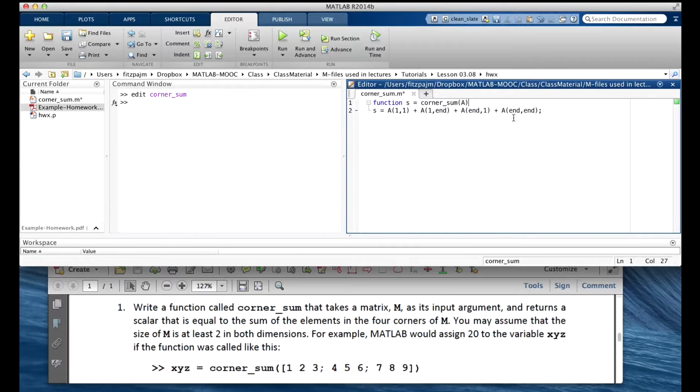But I can tell you from experience that my first try on these problems is usually an abysmal failure. And I've got 40 years of experience. So before we even think about saying our solution is correct, we need to test it to see if it is. And by test it, I mean making up inputs and calling it directly from the MATLAB command window with those inputs and looking at the outputs. I don't mean running the grader. The problem with running the grader is it doesn't tell you enough.